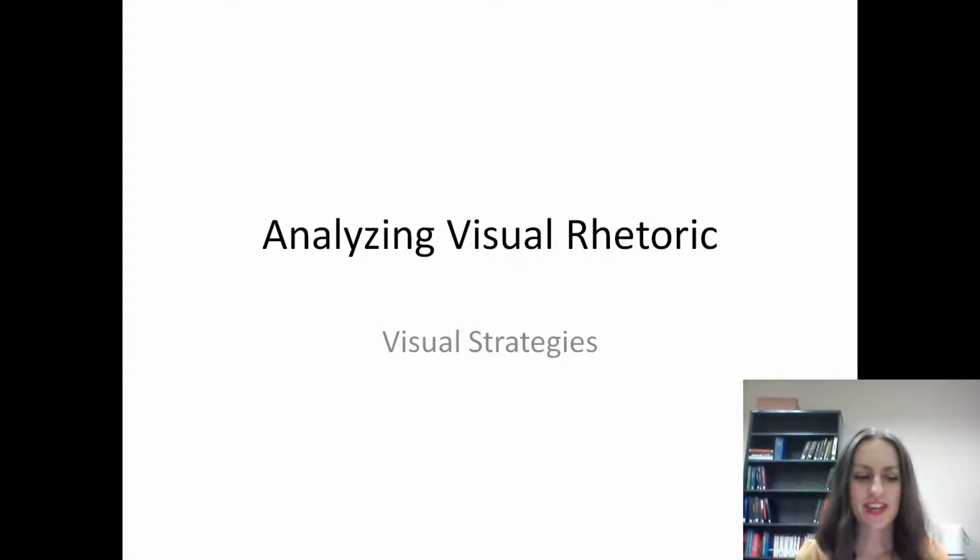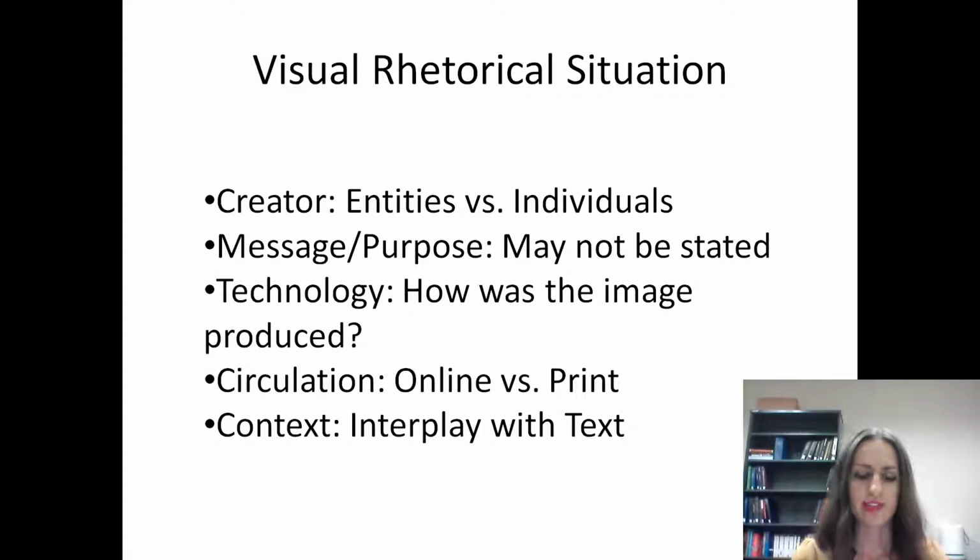Finally, we are here to talk about the elements of visual rhetoric and what strategies, tools, and techniques you need to look for and identify when analyzing visual rhetoric. The first thing you need to remember when it comes to analyzing visual images is that everything we've learned about the rhetorical situation still holds true. You still need to be considering the communicator, the audience, the purpose and message, exigence, context, all of those parts